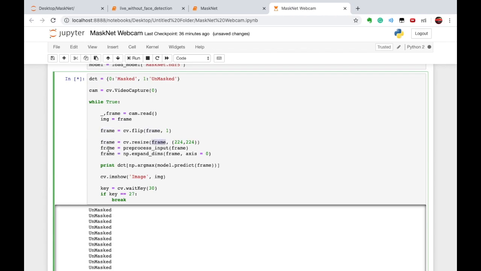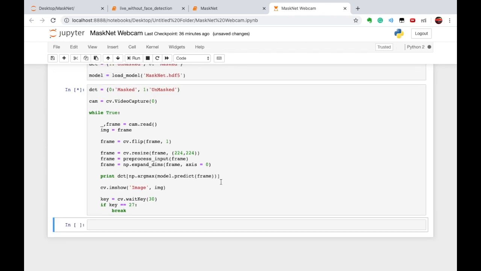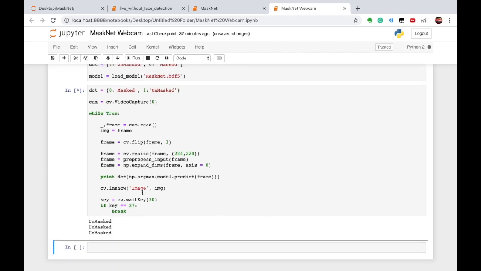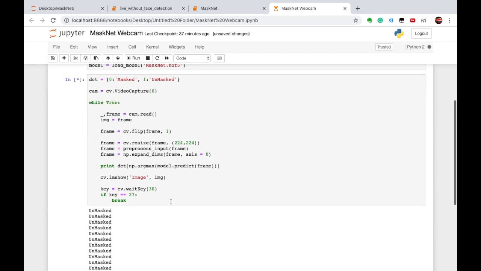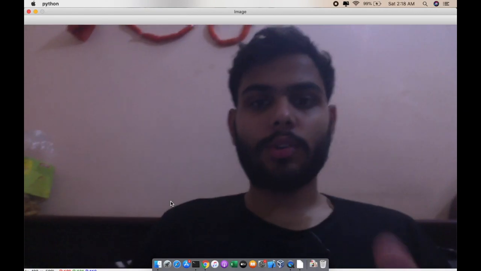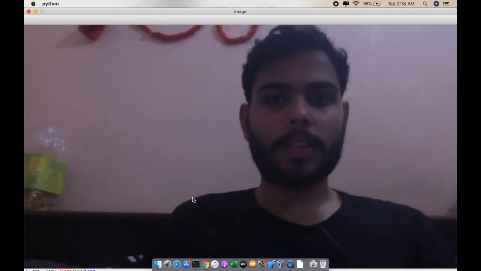I have changed the dimensions, pre-processed it, and then expanded the dimension also, because our image is 3 dimensional and this frame is 4 dimensional, so we are not going to get any output for it. So now execute this. You can see it's showing me unmasked, okay, because I am not wearing any mask.